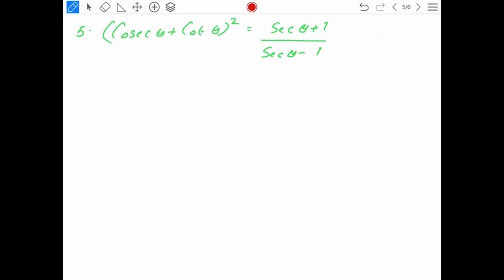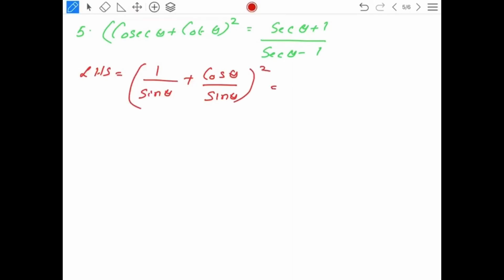Cosecant theta plus cot theta the whole square is equal to secant theta plus 1 by secant theta minus 1. So here again we will start with LHS. 1 by sin theta plus cot is cos by sin. So this is equal to